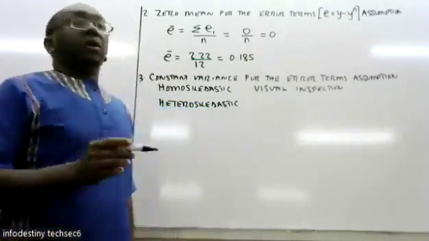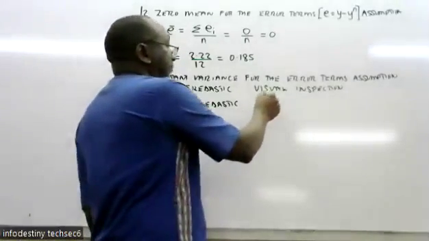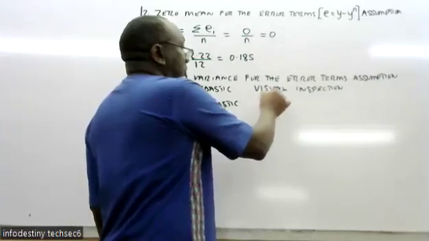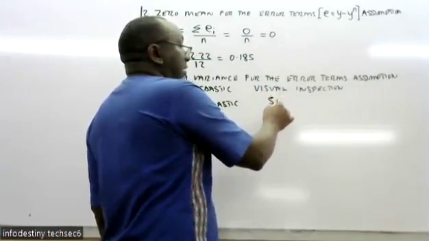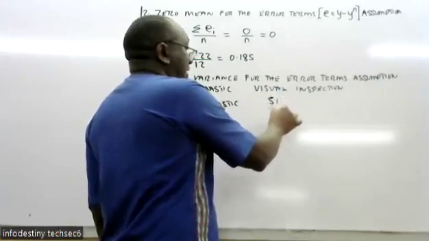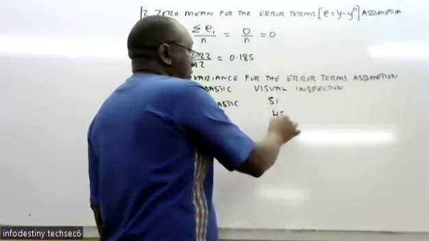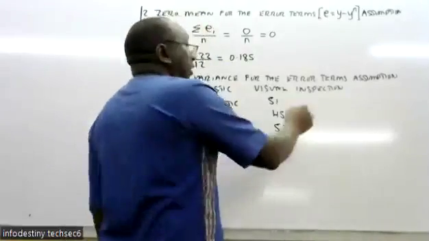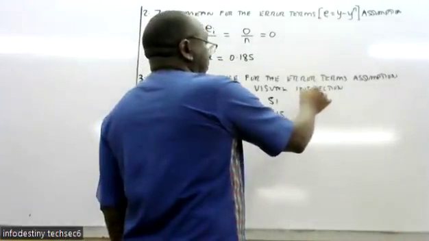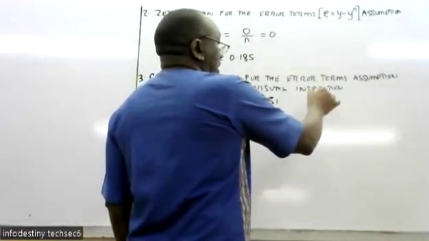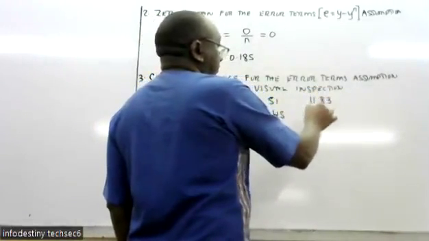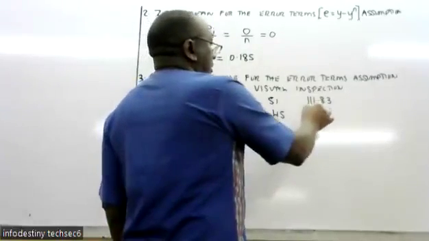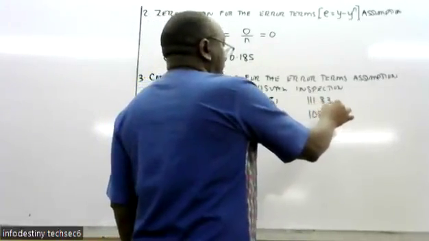Or rather, what is the first value of x? 51. The second value, 45. Third value, 51. Then the column here, y minus y predicted. The first error is 111.83, then 111, then 108.41, then